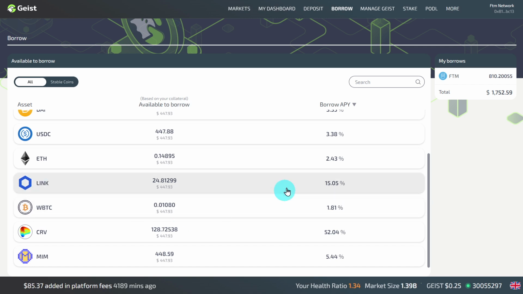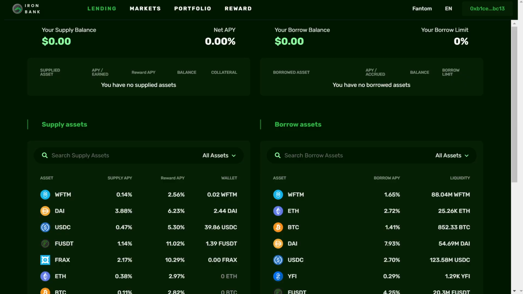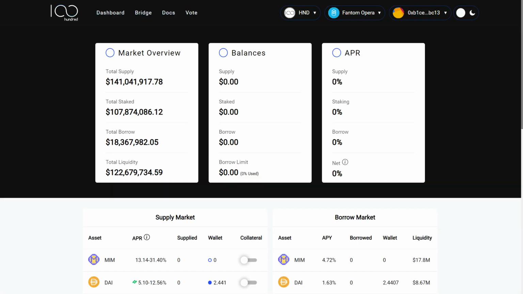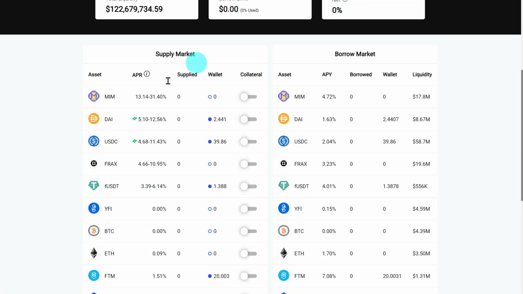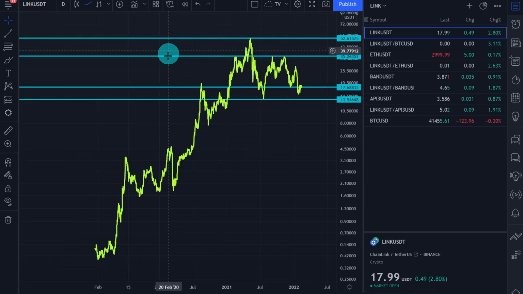In our example, for the Phantom blockchain, where we can compare potential borrowing rates, because it does make sense to compare the rates. This is no different to traditional finance, where we simply shop around and check what's the best offer out there. So let's go with the example here of ChainLink.